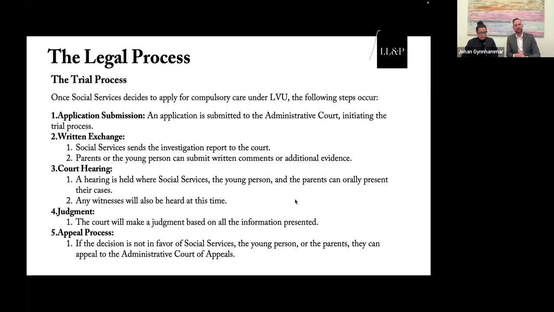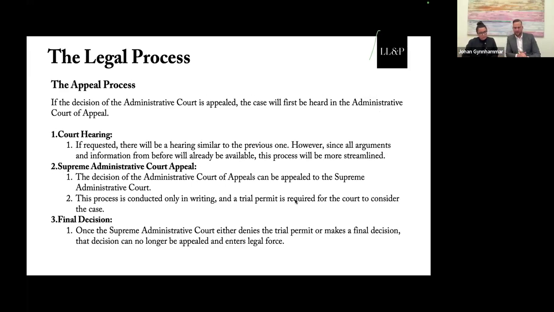If the decision is that there will not be any care under LVU, then of course you don't have to appeal if you didn't want it. But if the decision goes against your will, you have the possibility to appeal, as Anusha told you before. The social services can, of course, also appeal to the Administrative Court of Appeal, also called Kammarrätten. And the appeal process is